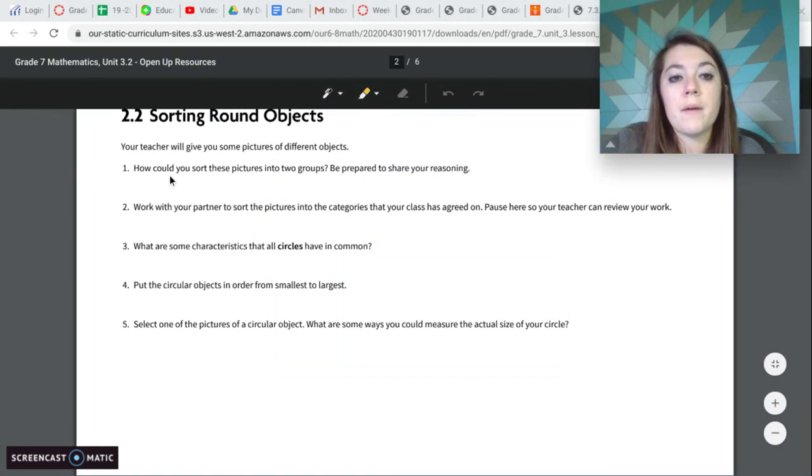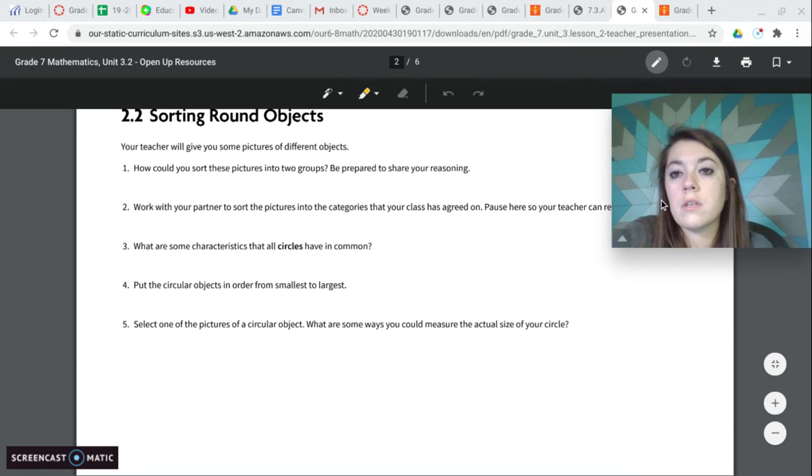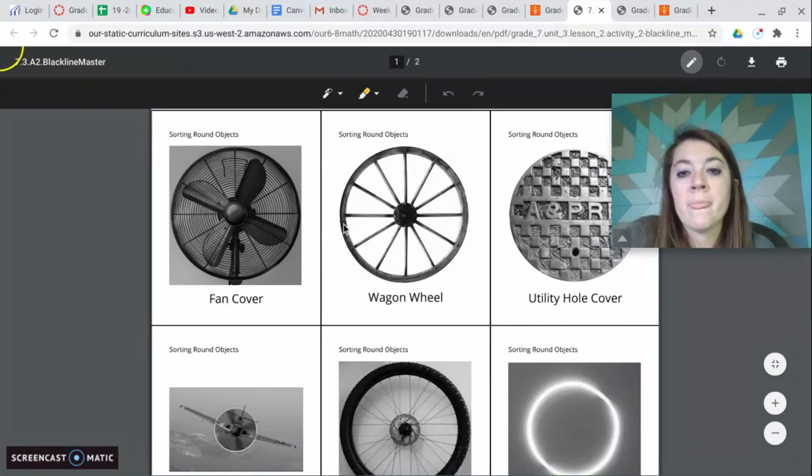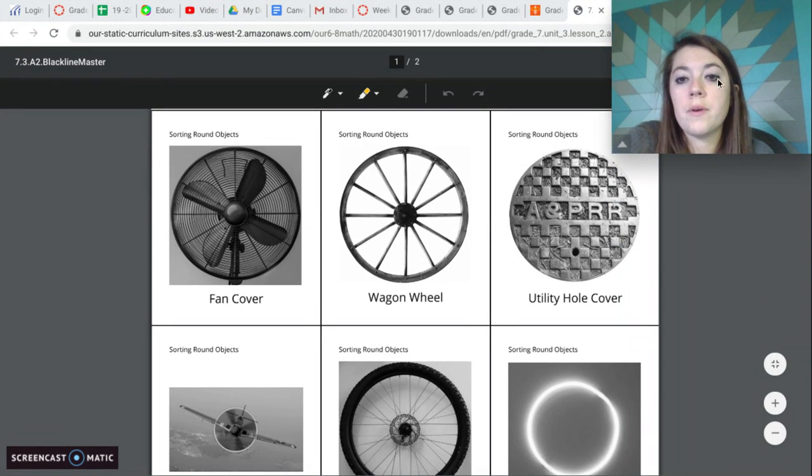So, sorting round objects. I have a document that we're going to look at that has round objects on it. And with that, we're going to determine how we could sort the pictures into two groups. So give me just a second to get that up. So here we have some of our round objects. So we've got the fan cover, a wagon wheel, the utility